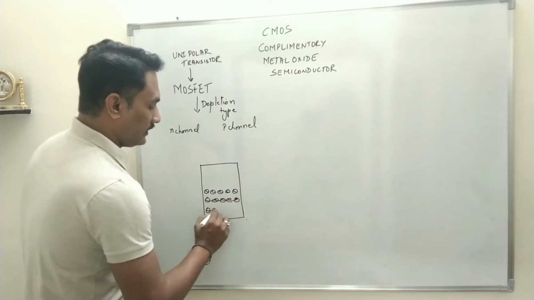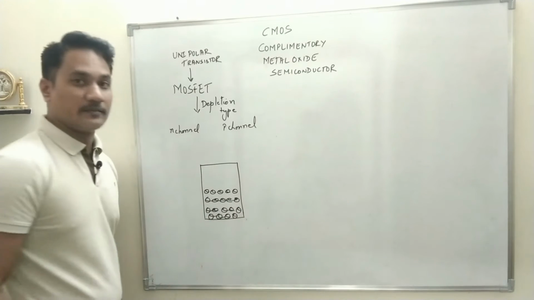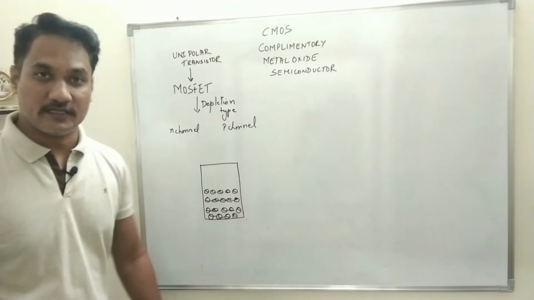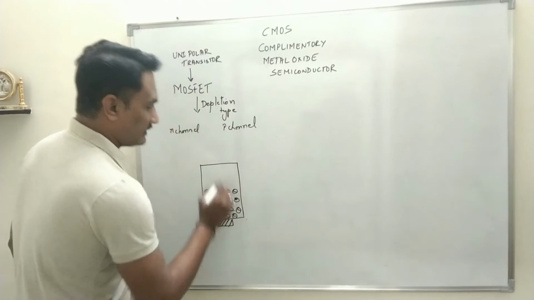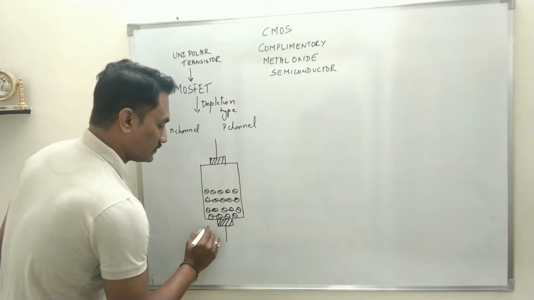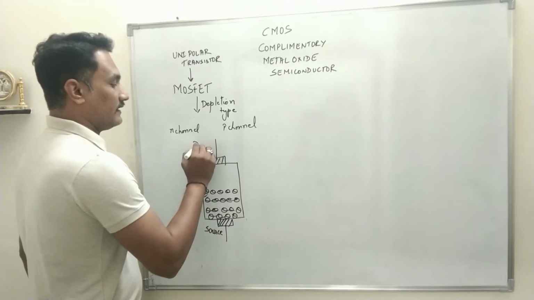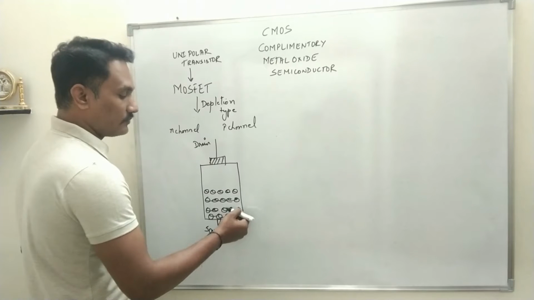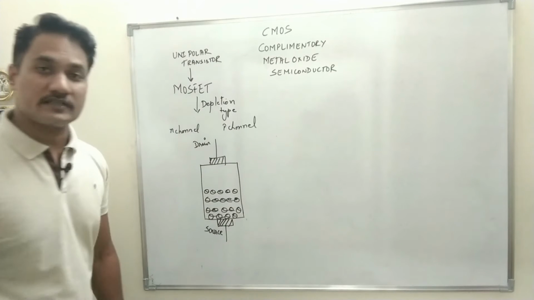Now the basic transistor which we have studied earlier has 3 terminals, emitter, base, collector, whereas MOSFET has 4 terminals. Two of these terminals are named source and drain, because the electrons will move from the source and get drained at this terminal. So it is source and drain.